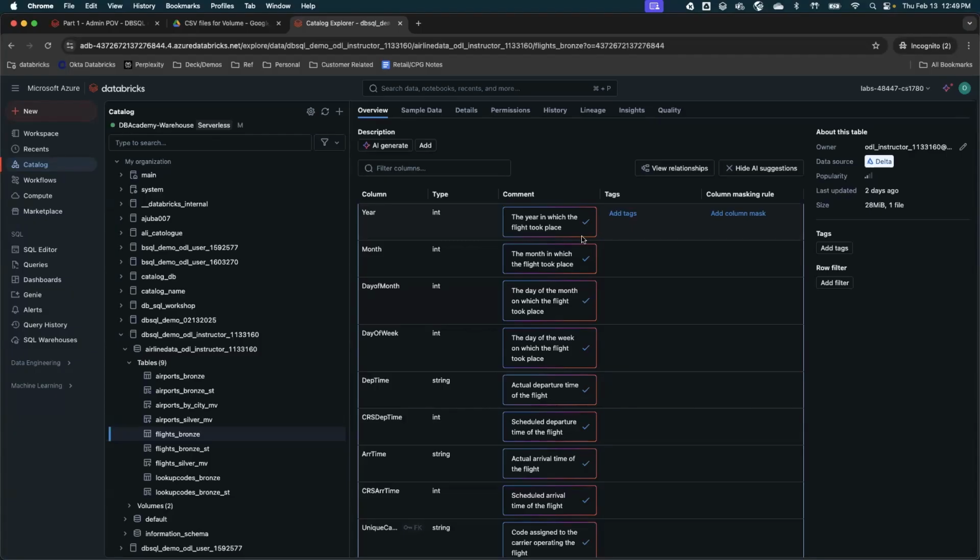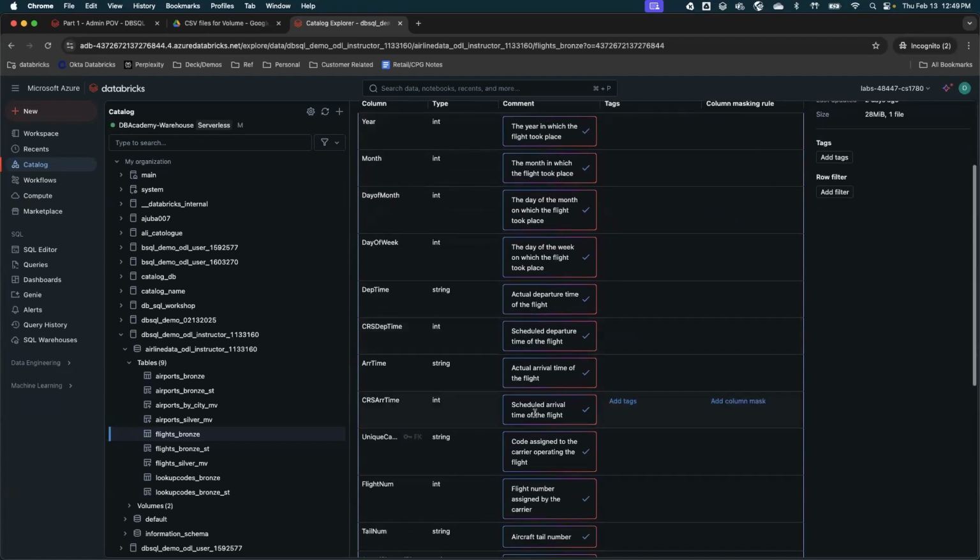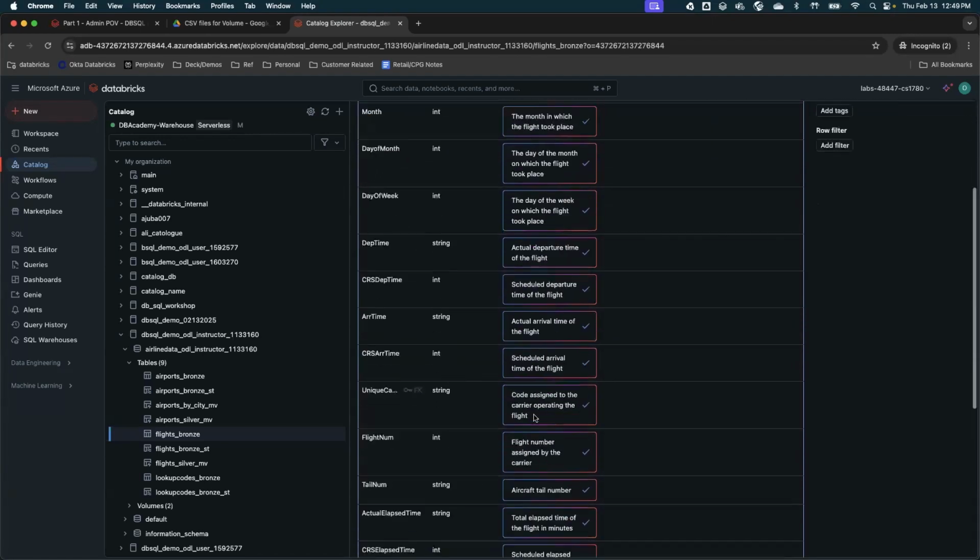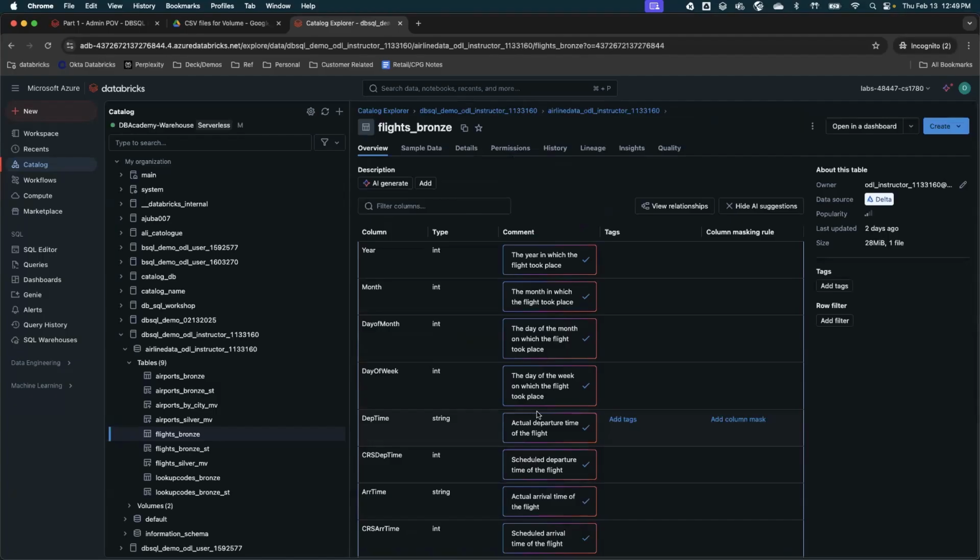Now take whatever comes with AI with a little bit of salt, and when you are building those things, make sure you validate all the comments which are generated. But this makes life easier, because I remember when we started the career, it took a lot of time to modify and update comments and keep on adding them, write a ton of SQL. But you can pretty much do all those things via UI with a click of a button using AI.